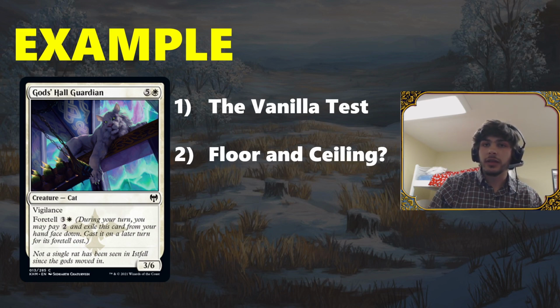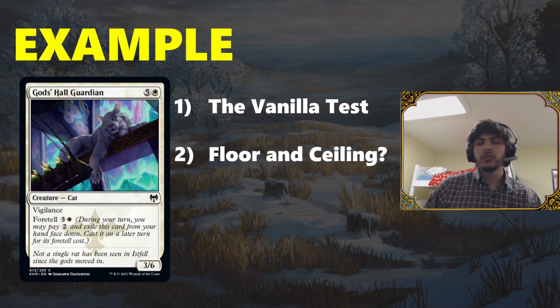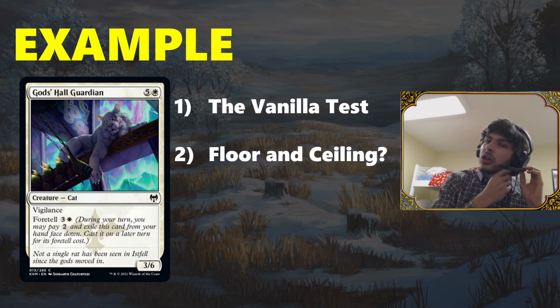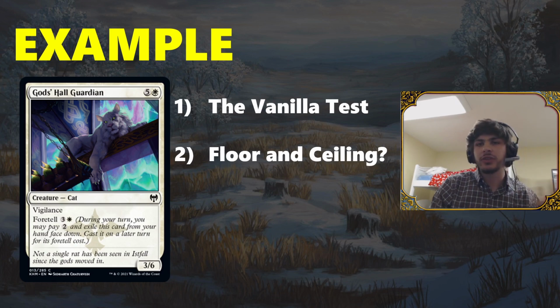You foretell the God's Hall Guardian, and then on turn 4 you have a 4-mana 3/6, which is going to really brick wall an aggro deck, because a lot of aggro decks are going to struggle to kill this. Imagine a red-green deck that has to rely on damage-based removal, and they're all of a sudden dealing with a 4-mana 3/6 on turn 4. Like, that's going to be tricky for them to deal with. Even if you have to take turn 2 off to foretell this card, and then on turn 3 maybe you play a removal spell, and all of a sudden you brick wall them with your 4-mana 3/6. That's a pretty high ceiling for a common